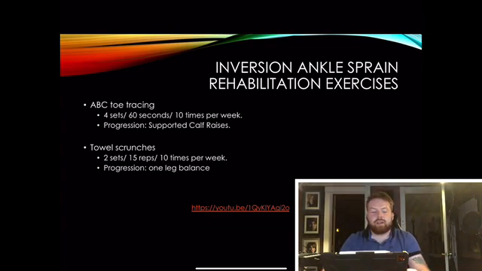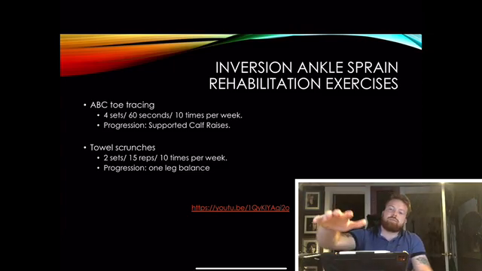It's a pretty easy exercise, but when you're rehabbing, it's something that's important to keep the blood flowing, the muscles moving, doesn't stay stagnant. You progress into a supported calf raise, so 2 feet on the ground, calf raise, probably holding onto a chair. And then we do towel scrunches, where you actually put your